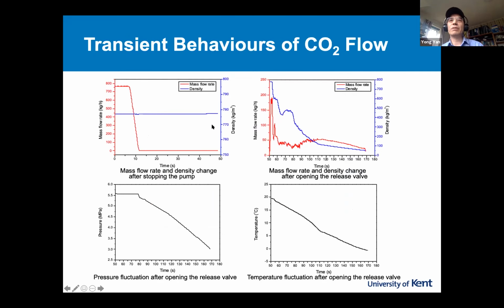So again, we can try to imitate a shutdown process. You stop the pump. Okay, you open the release valve. You can see the mass flow rate coming down like this. What happens to density? Why is it like this? Similarly, you can see sometimes it's very complex. Of course, you can look at the pressure drop, the temperature drop. So such data will help us really understand and interpret transient systems if you're trying to have a flexible operation of